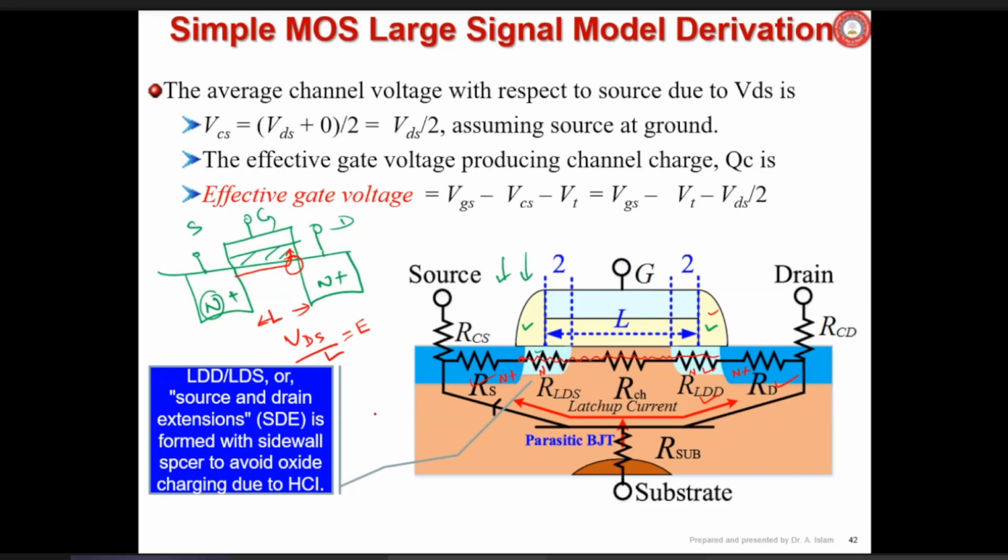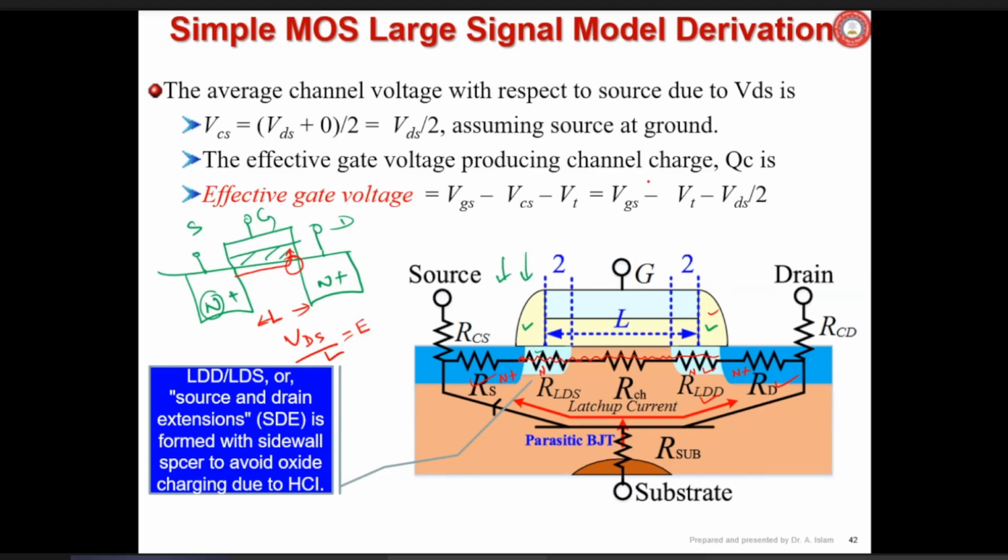If they do not go through, they may settle inside the oxide. If they settle in the oxide, we say the oxide is charged. If the oxide is charged in this way by electrons getting penetrated here, then the threshold voltage of the MOSFET is modified. The threshold voltage increases, so that is not a good or desirable phenomenon. Now my point is something else. I am describing something else.